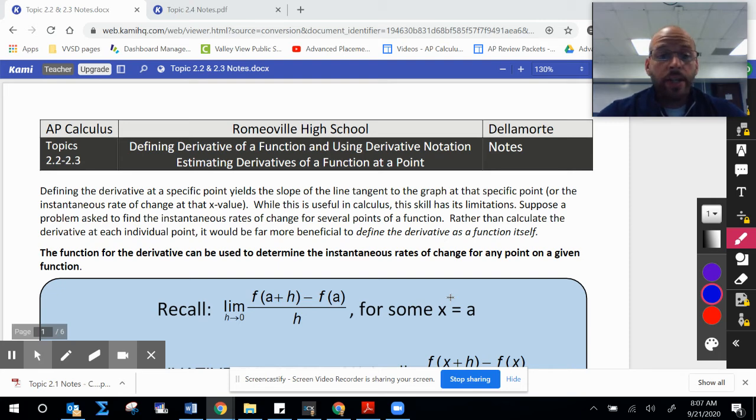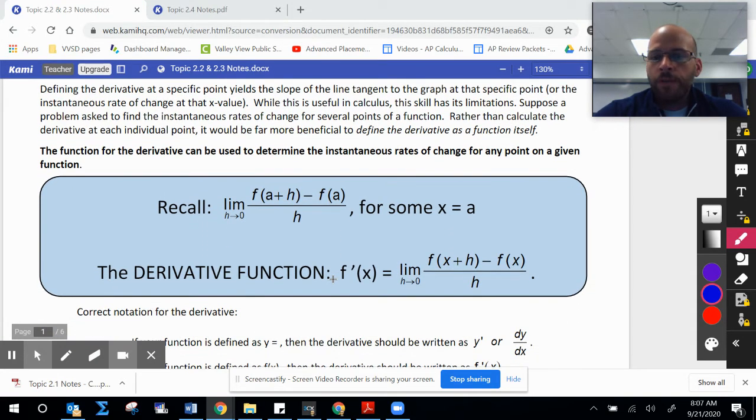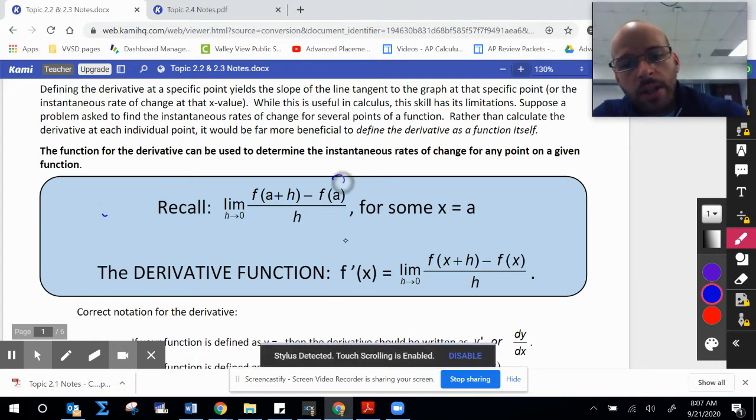Hello. So today we're going to talk about topics 2.2 and 2.3 together. Topic 2.2 is just defining the derivative and using proper notation. And then topic 2.3, we're going to estimate the derivative of a function at a point using tables, graphs, and so on and so forth. Okay, so first, if you recall from topic 2.1, we used this definition, this limit expression,